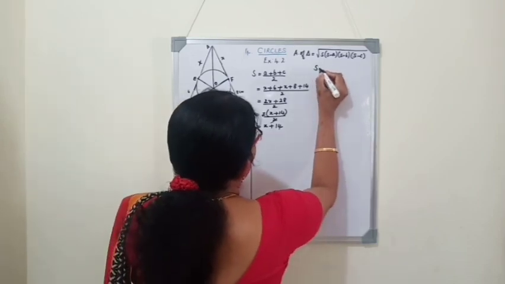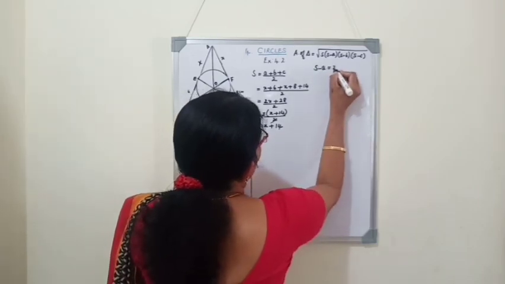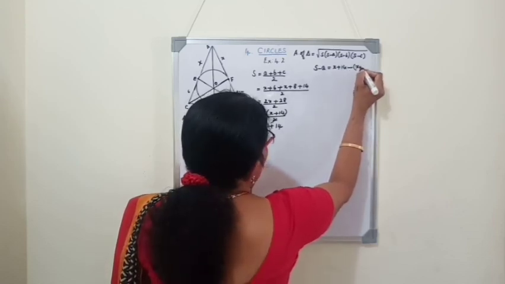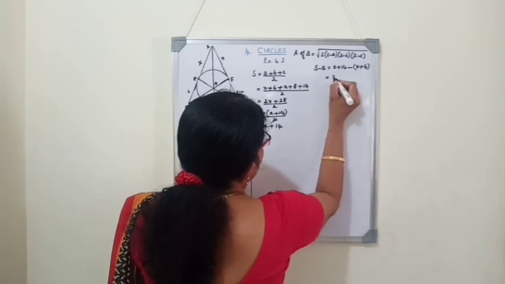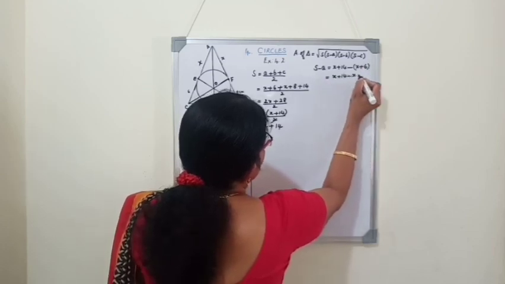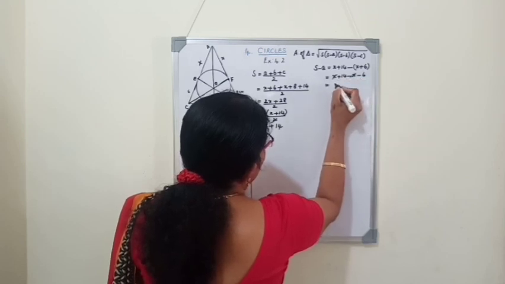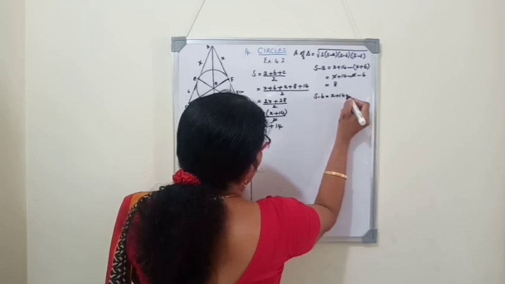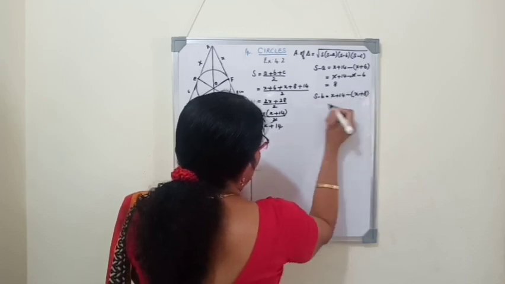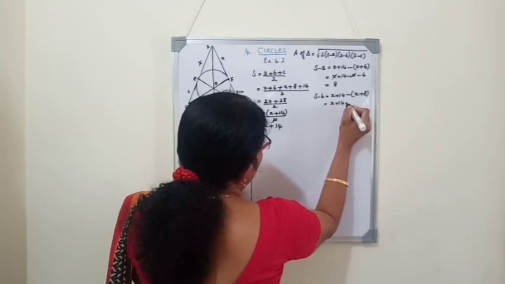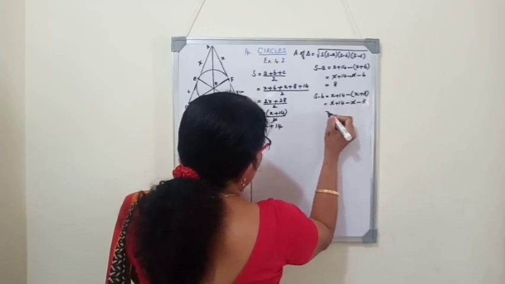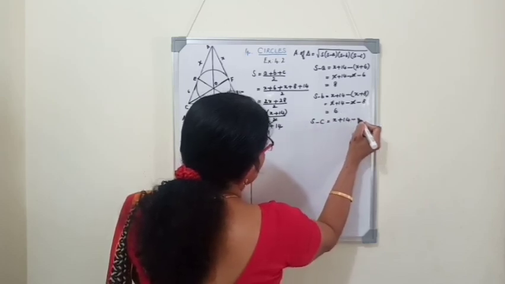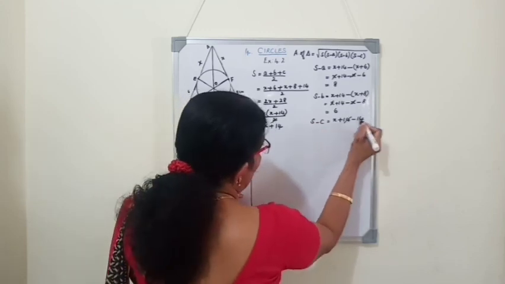Now we will find out s minus a, s minus b, s minus c separately. S minus a equals, s is x plus 14 minus a is x plus 6. As it is binomial, write it in bracket. X plus 14 minus x minus 6. X and minus x will cancel. It is 8. Now s minus b equals x plus 14 minus x plus 8 equals x plus 14 minus x minus 8. So here we will get 6. S minus c equals x plus 14 minus c, third side is 14. So 14 and 14 will cancel.